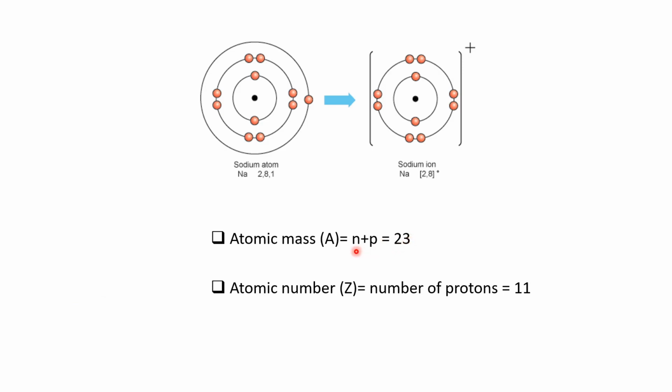So if we assume that the number of neutrons is the same as the number of protons, the answer here had to be 22, because 11 plus 11 is 22, but here the answer is 23. Why? Because the number of neutrons is 12 here. As I had said, the number of neutrons and protons are not the same every time, but sometimes yes. I hope that atomic mass number, atomic number, electronic configuration, every part is clear to you all. Now let's go with some more concepts related to an atom.